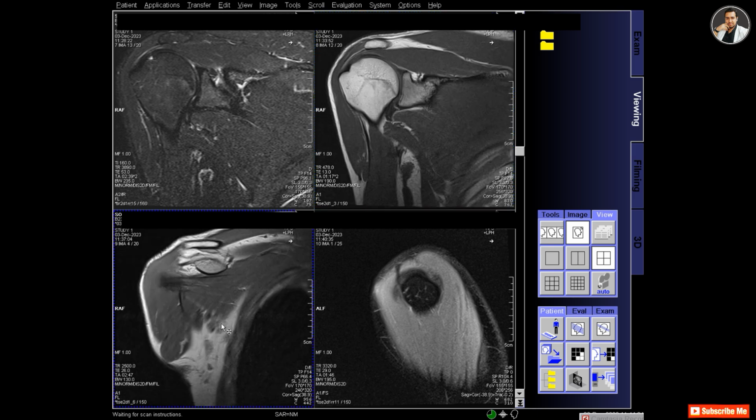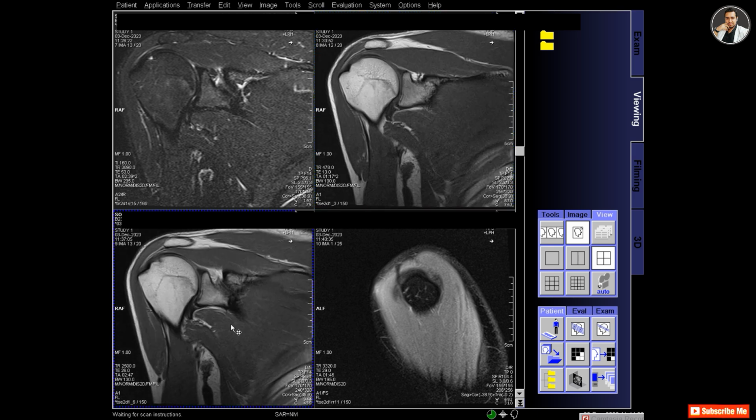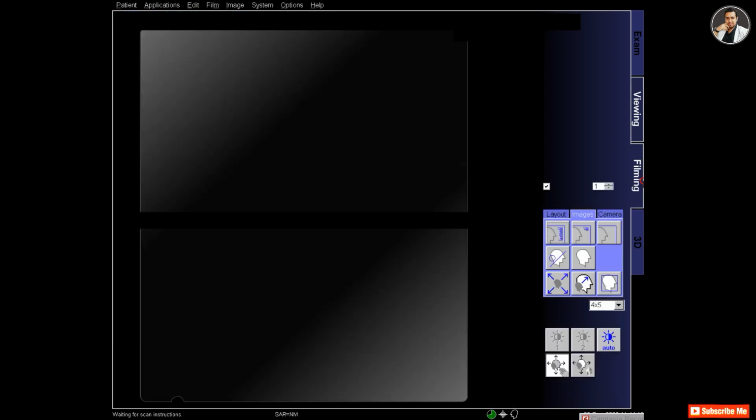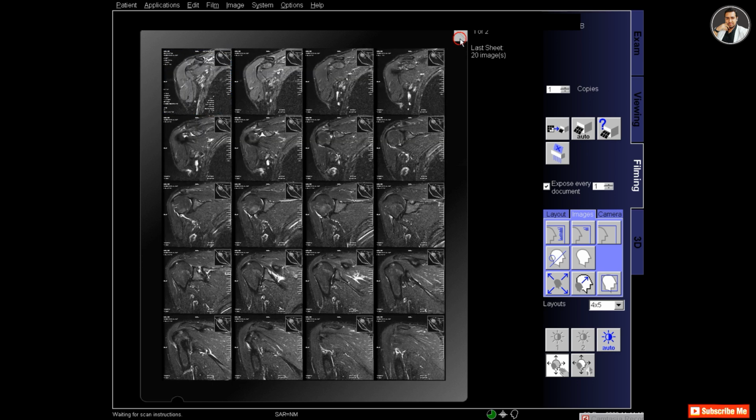And this is a T1 coronal, and this is a PD coronal. T1 coronal and PD coronal almost look the same, but there is a little difference.